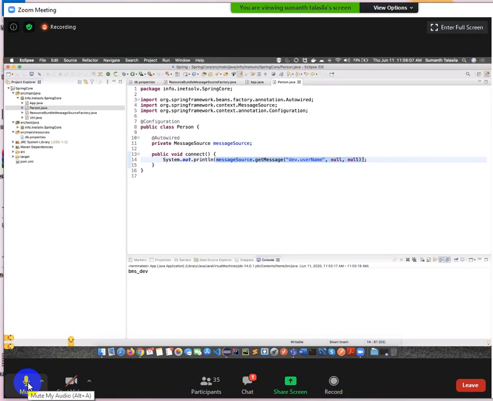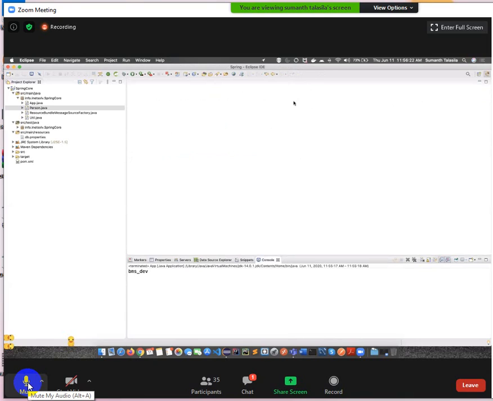So what Spring has done to read the contents from a property file, they have given one more approach also. We will see that. So let's do one thing, let's clean up the code. I want to keep the property file as it is, the db property file. I'm not going to touch that. I don't want to write this factory class at all, so I'm going to delete the factory class.